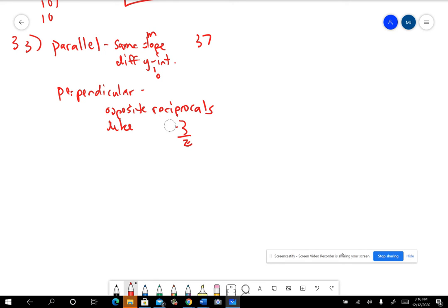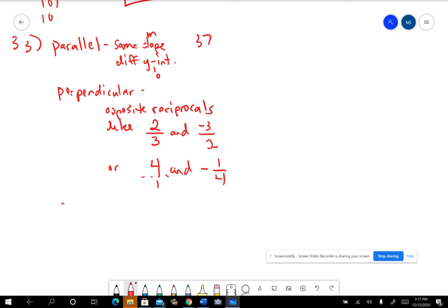Let me write that slower and more carefully, like 2/3 and -3/2, or 4 and -1/4, because that's understood to be 4/1. So with 33, I don't think I'll work that one out, but you would take your equations and figure out